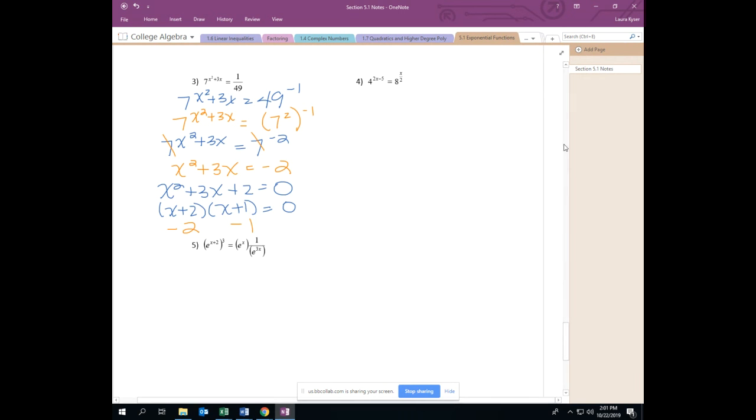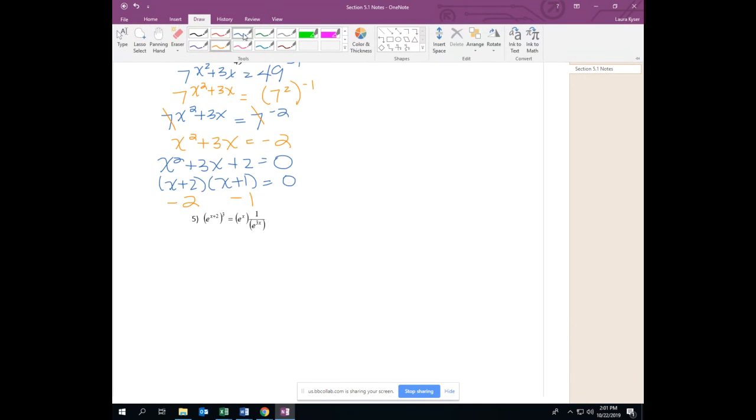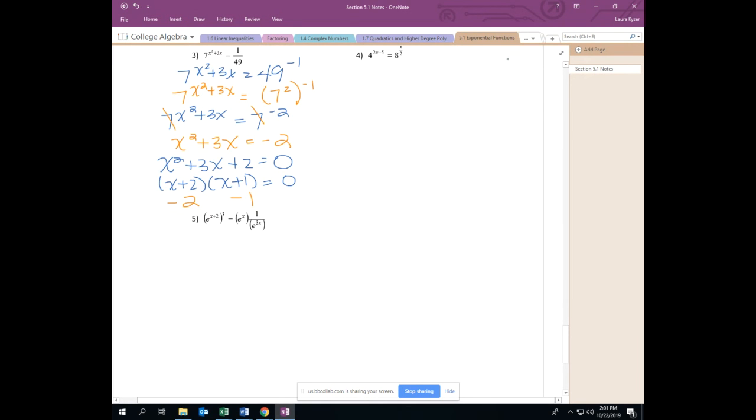Now I want to come off and check. I don't have any room here. Let me see if I can move this a little bit. It's kind of come off to the side. I'm going to have to come over here. I don't like to do that, but I need to be able to check these just in case. So we're going to check